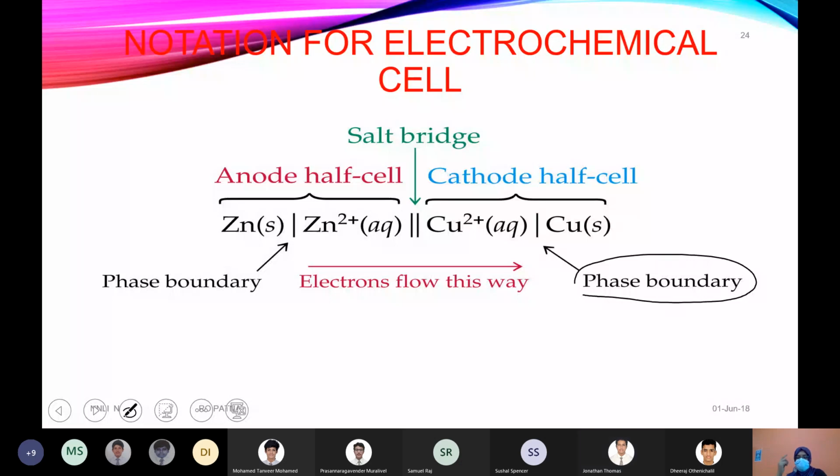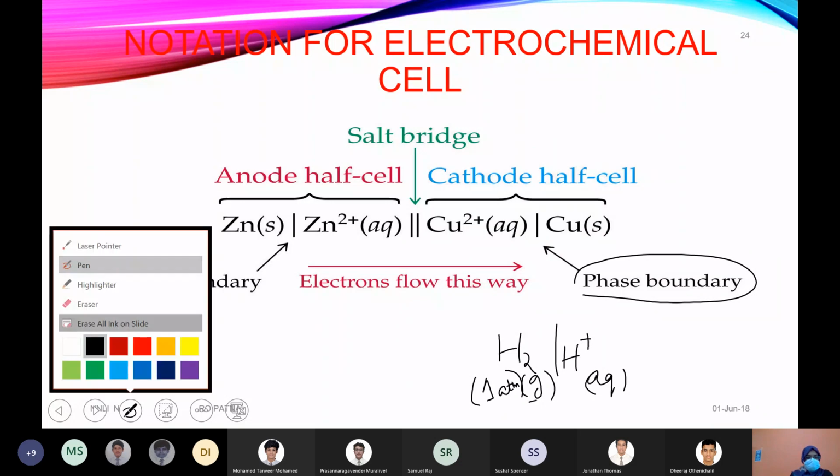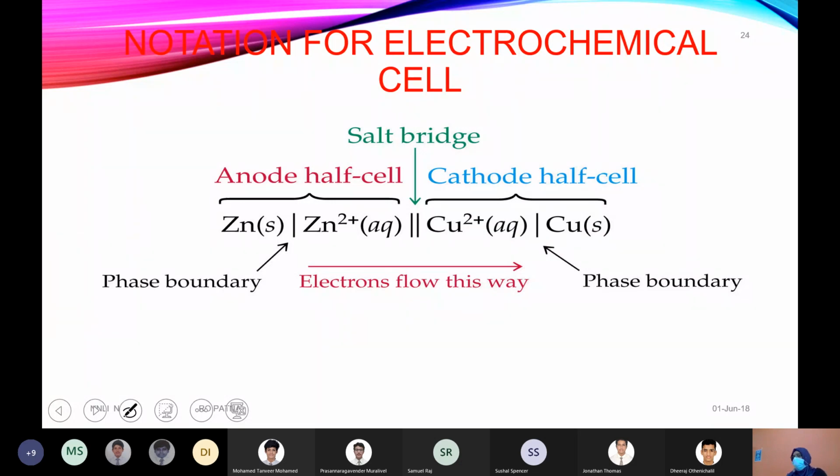Okay, ma'am. Now, if it's a hydrogen electrode, then you will write Pt | H2 | H+, because one is in gaseous state and ions will always be in aqueous condition. And for a gas, you have to specify the pressure also, 1 atm, because a gas is affected by pressure. So standard condition means it should take standard pressure. Done?